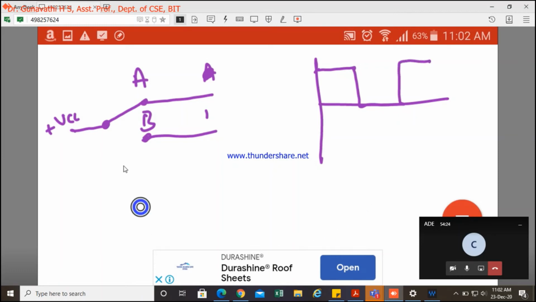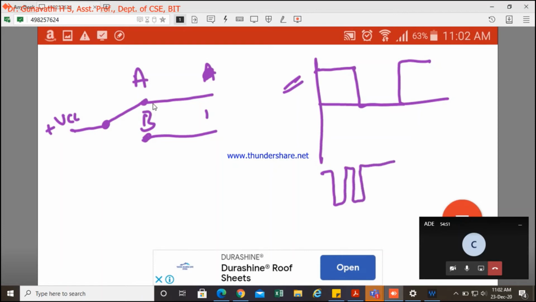But this is not a normal switch. It is a bouncing switch. As soon as I connect, it will not immediately be connected and give high. When I try to connect, there will be a bouncing effect in the switch. So this is what theoretically we are expecting, but practically it will be high, then because of the bouncing effect it will be low, then high.